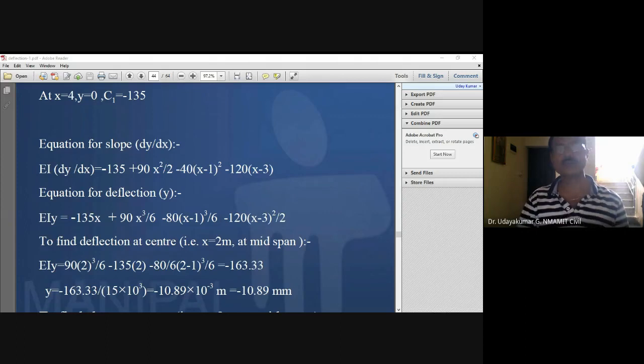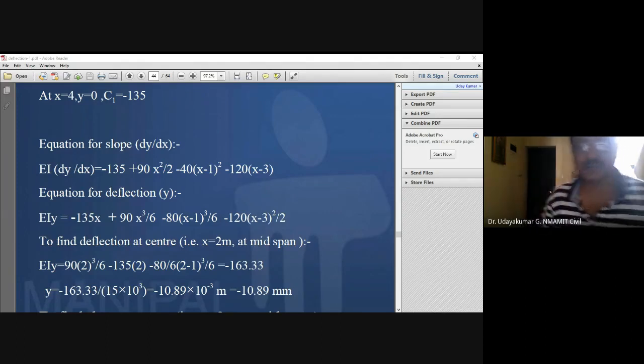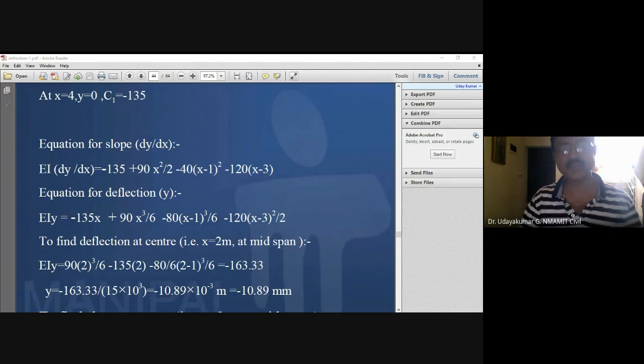Okay, so this is about the deflection. And remember the end conditions. For a cantilever, at the free end, both slope and deflection are maximum. At the fixed end, slope and deflection are zero. So that is the condition to be used for solving C1 and C2. Remember in that cantilever, you get the slope and the deflection at the free end by putting x equal to 0.